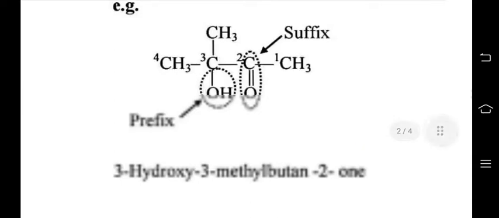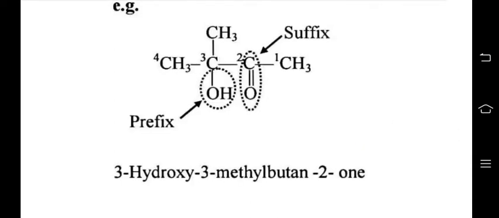One functional group is the carbonyl functional group, ketonic, and another functional group is the hydroxy functional group. If you see the sequence of the functional groups, according to the preference, the ketonic group has the preference compared to the OH group, the hydroxy group. So the ketonic group is selected as the parent functional group, so it is written in the suffix form,